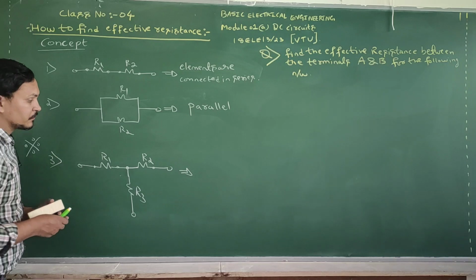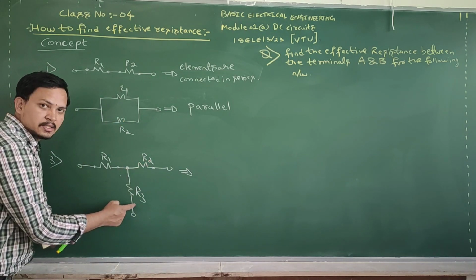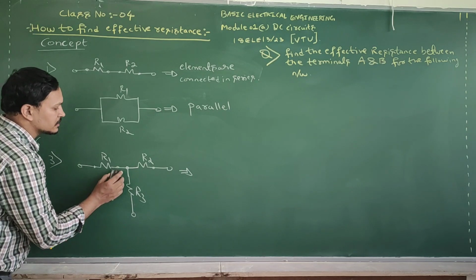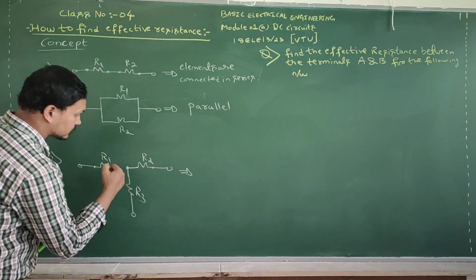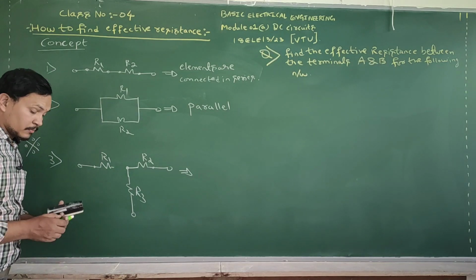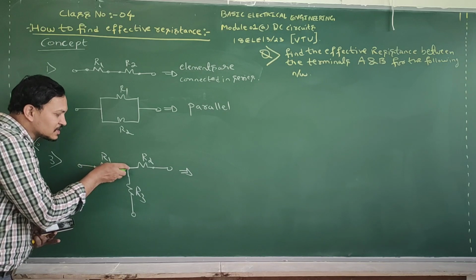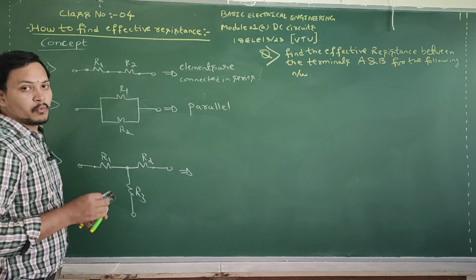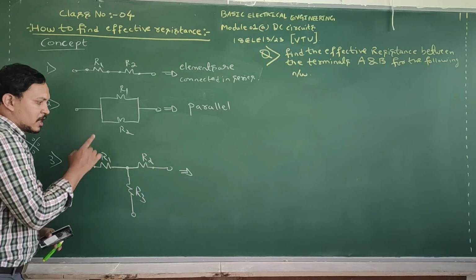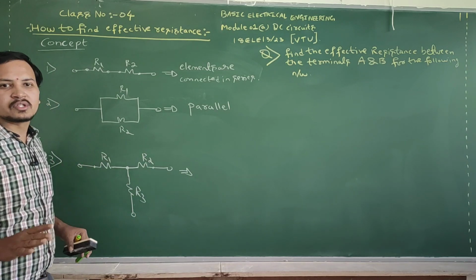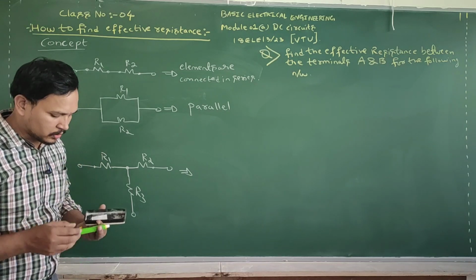And the next is R2 and R3. Are these two connected in series? Yes, it is connected in series if there is no disturbance. Now R2 and R3 are connected in series. But what is the actual network? For this combination, R1 is disturbing. Therefore, what you can conclude is that in these three resistors R1, R2 and R3, there is no series combination between them. Okay. Now you can think about parallel.